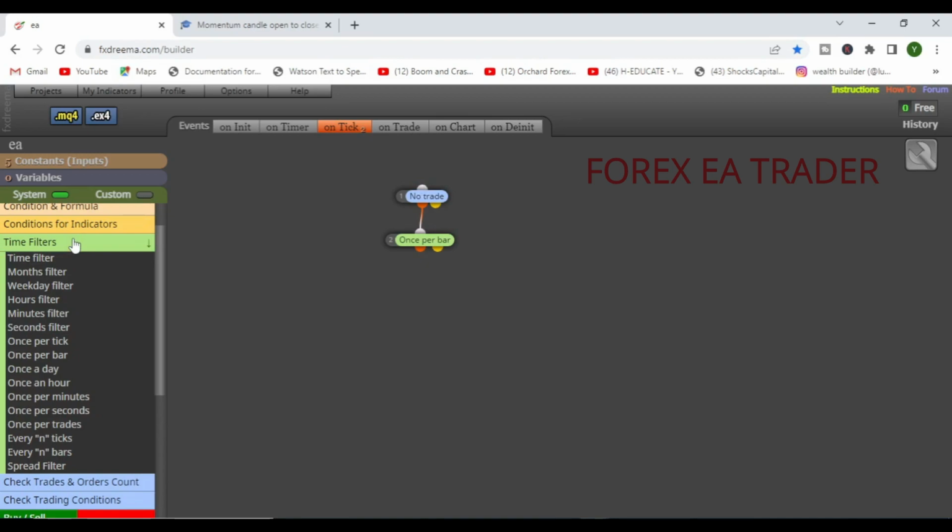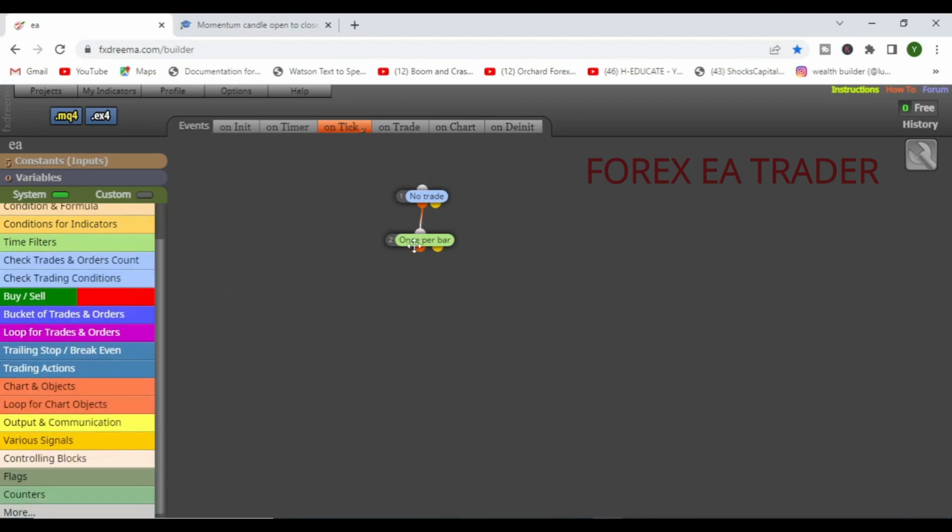That's just me. But anyway, maybe there's a redundancy there, but it kind of makes sense that if you limit to one signal per bar, then it's probably going to only take one trade. I don't know, but anyway, I always use it like that. So what we are going to do,